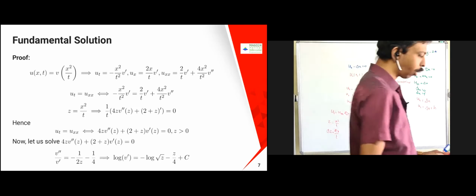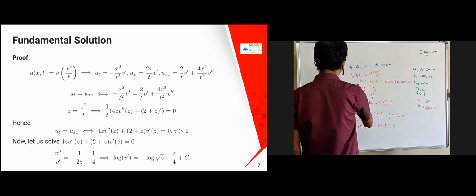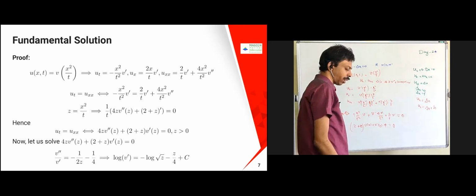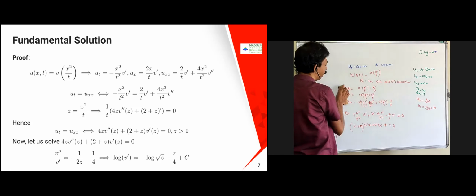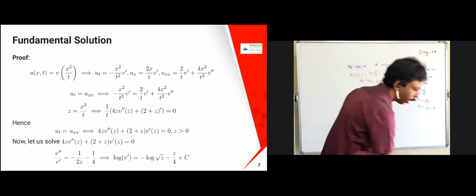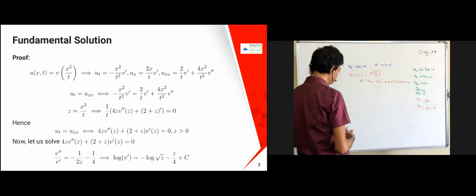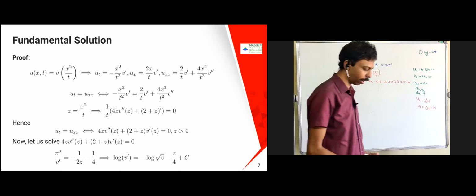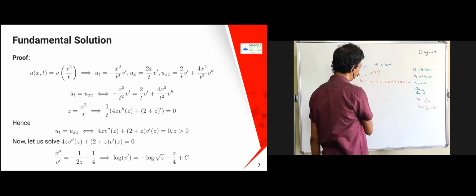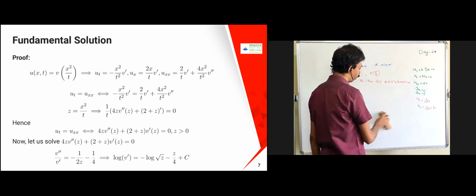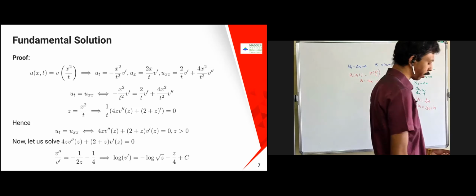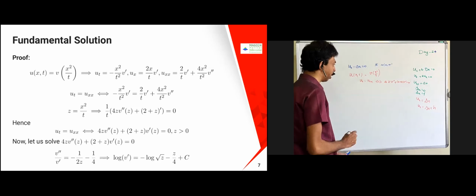Now what we are going to do is solve this problem. Solving this problem is the same as solving the original problem, because I just made the substitution. So now we are going to solve only the z part, the v dash part. If you remember all our equations, the transport equation, heat equation, wave equation or Laplace equation, we try to transform that problem from a partial differential equation to an ordinary differential equation, and then we try to solve it. So the same thing here.